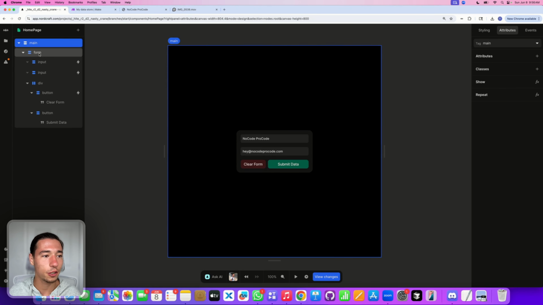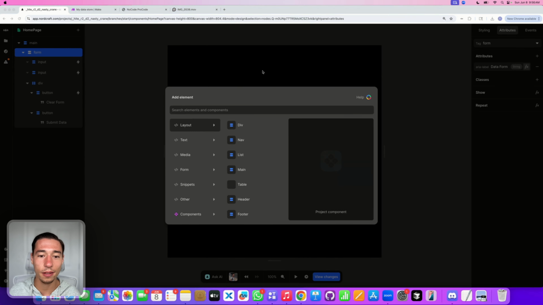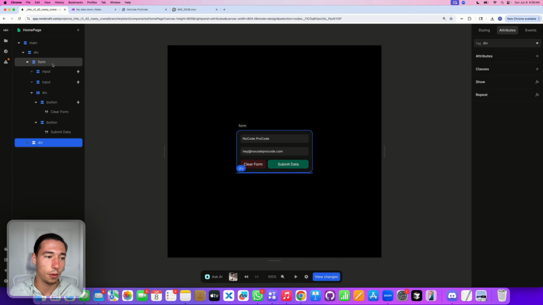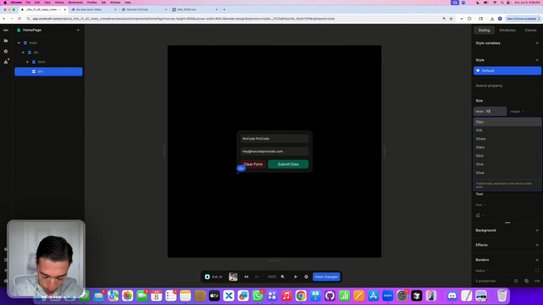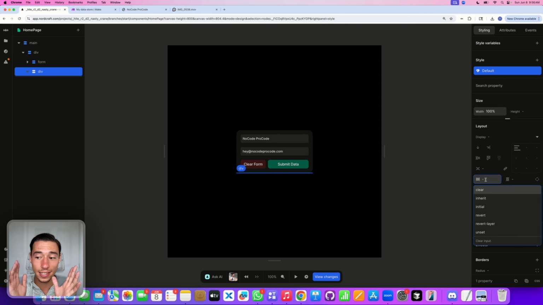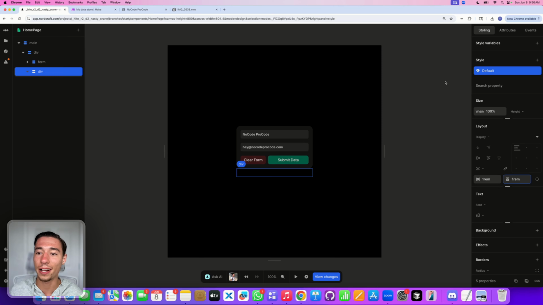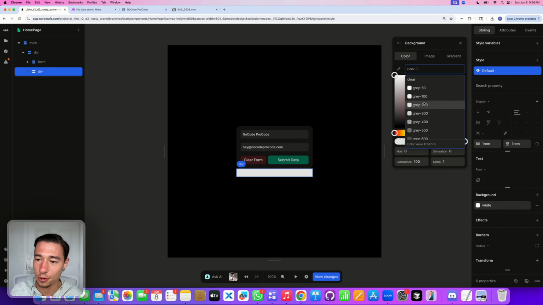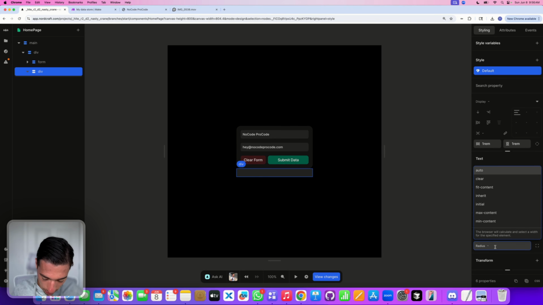That is a very good question. Let's make an interface for that. Let's wrap this in an element here in a div block. Let's add another div block down here, collapse the form. We're going to make this width 100%. We're going to give it a side padding of 1 rem and a top and bottom padding of 1 rem as well. Now we can just give this a very nice background. Let's just give this background gray 800. Let's make the border radius 1 rem or 0.5,